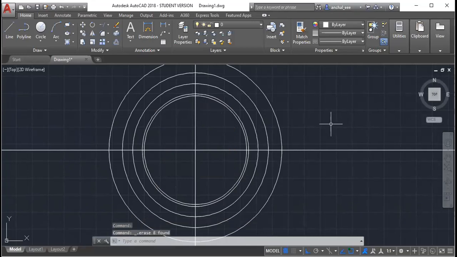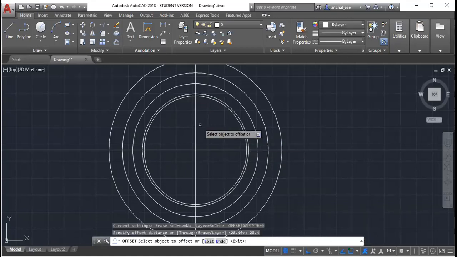So you know the circumcircle diameter in the question is given as 80 mm. For the single step core, you multiply it with 0.71, right? So 80 into 0.71 will give you 56.8. So half of it, that is divided by 2, is 28.4. Why am I doing it like that? Because I am drawing only a quarter of the core. I am not drawing the full core. By using the offset, select the distance as 28.4. That is half of 56.8. Okay.